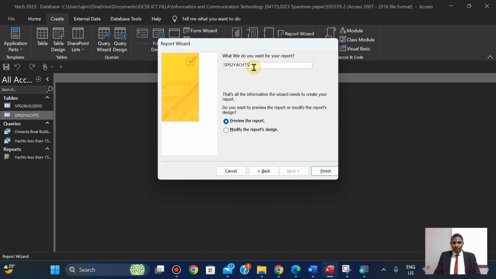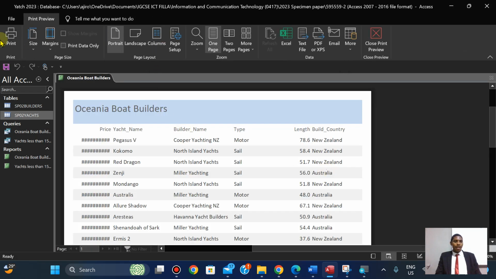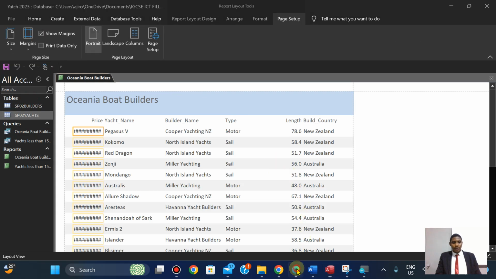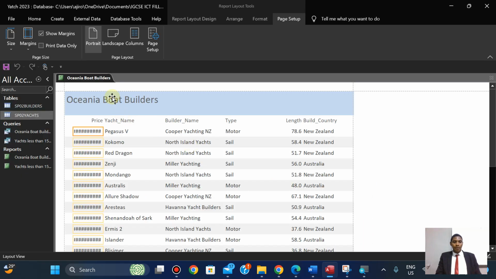Now the only reason we have to do this here is that if you use a different name, that will be the title, and then you have to change it. Okay, so I just want to preview it. I'm going to immediately close and switch this to the layout view. Now we have, as a title, display in a larger font size at the top of the page. So I'll click this,